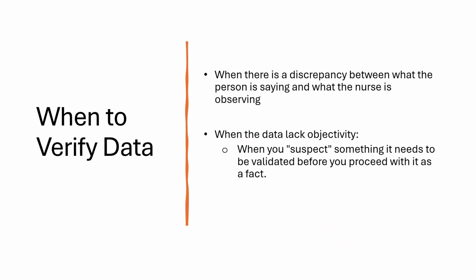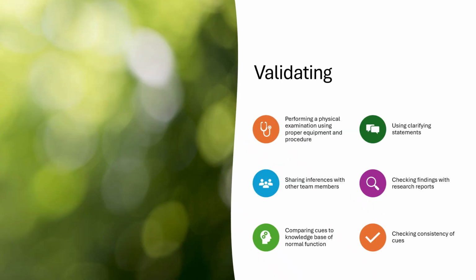Another time that you would choose to validate is lack of objectivity. An example is you suspect hearing loss. You test it before documenting. When we validate, we first look to see that we perform physical examinations using proper equipment and procedures. We also validate by comparing the objective data from the physical exam to help verify patient reported symptoms, your subjective